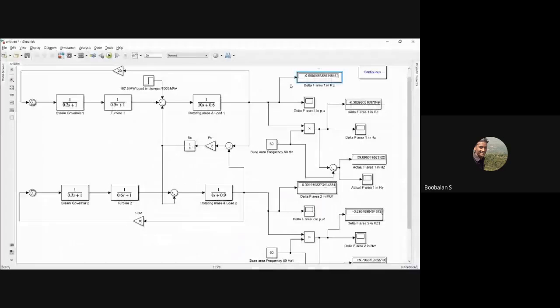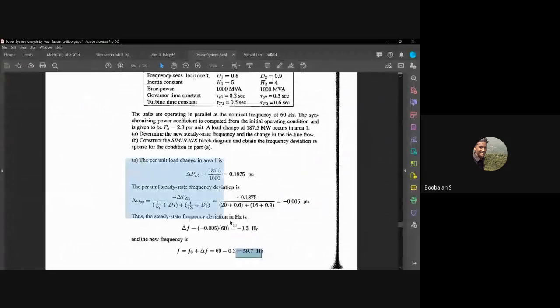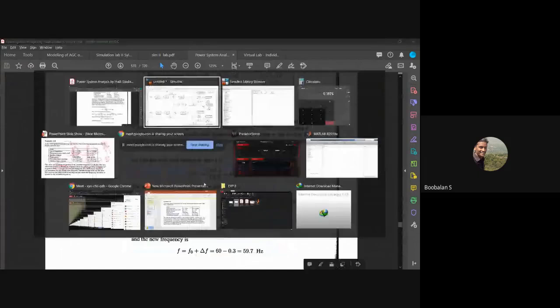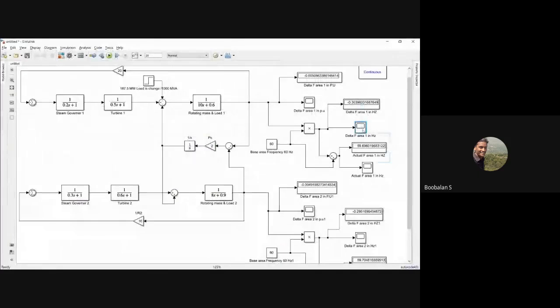Idha nam inga calculate pannirkom, right? This is the steady state frequency in per unit. In the same way, the actual frequency we are going to calculate over here, and let's see, right? So the actual frequency, the same way my change in frequency, you could also verify with the theoretical calculation in your textbook, right? We have also drawn a graphical function over here. You could verify with these blocks. So textbook la neenga verify பண்ணிக்கோங்க whether we are going in the right manner, right? Verify பண்ணிக்கலாம் theoretical calculation, and similarly it will also show the same result.